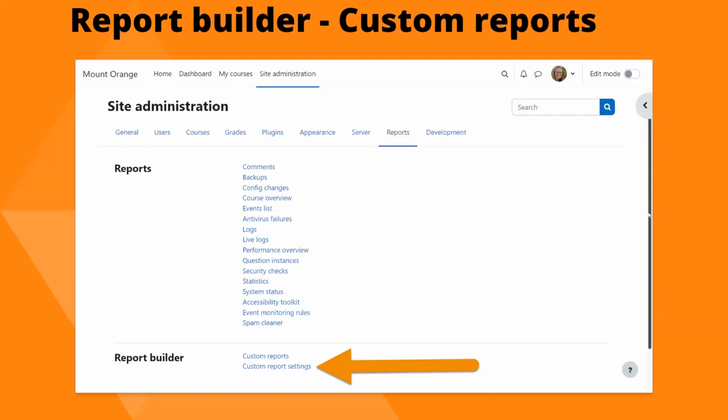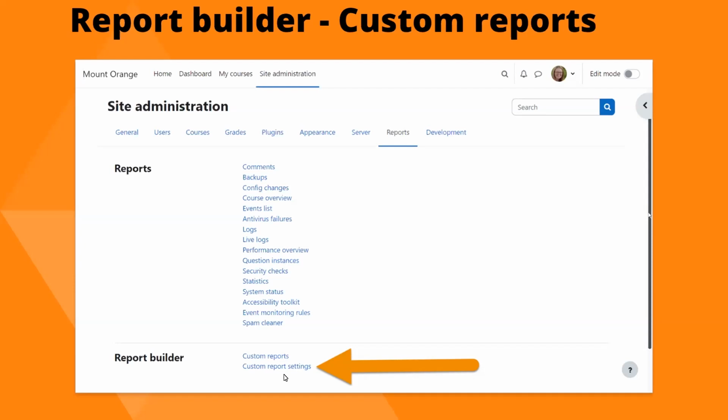Now, again, in Moodle 4.0, we included a report builder, custom reports, which is one example of how what is made for Moodle's commercial product, Moodle Workplace, comes eventually into the open source Moodle LMS. So report builder, custom reports came in Moodle 4.0. And now in Moodle 4.1, there's a new setting.